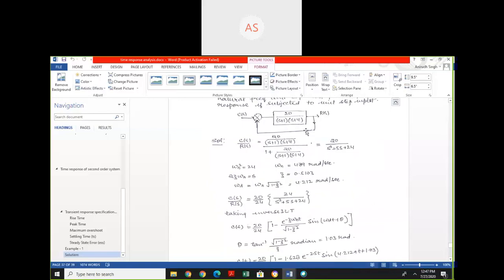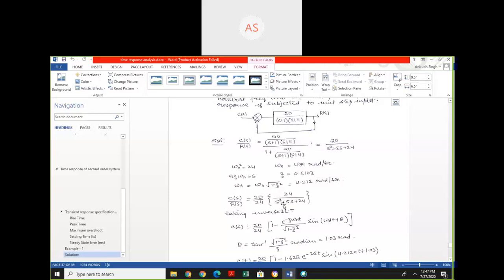इस क्वेश्चन में भी फर्स्ट फाइंड आउट द कैरेक्टरिस्टिक इक्वेशन, CS by RS, then कंपेयर करो। ओमेगा n की वैल्यू कैलकुलेट करो और जीटा की वैल्यू कैलकुलेट करो, ओमेगा d की वैल्यू कैलकुलेट किया, then CS by RS is equal to 25 by 24 and this यहाँ पे ये क्यों किया 20 by 25 से